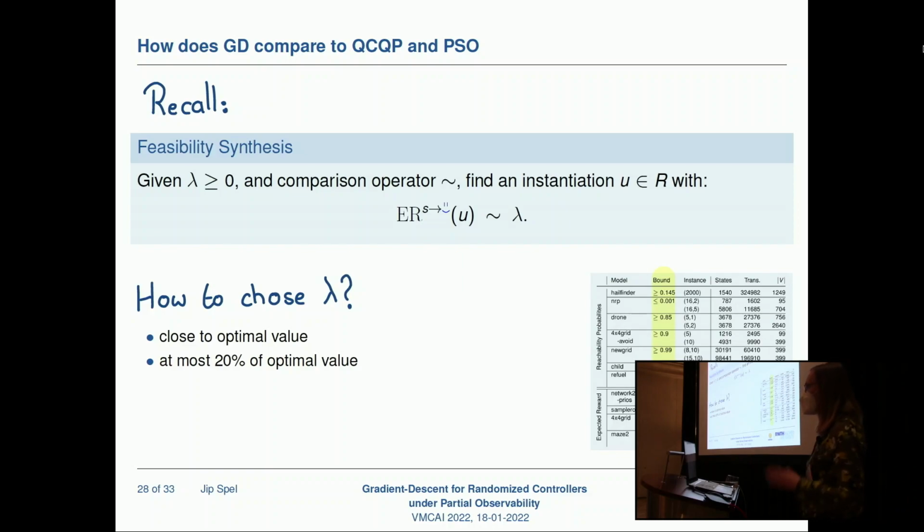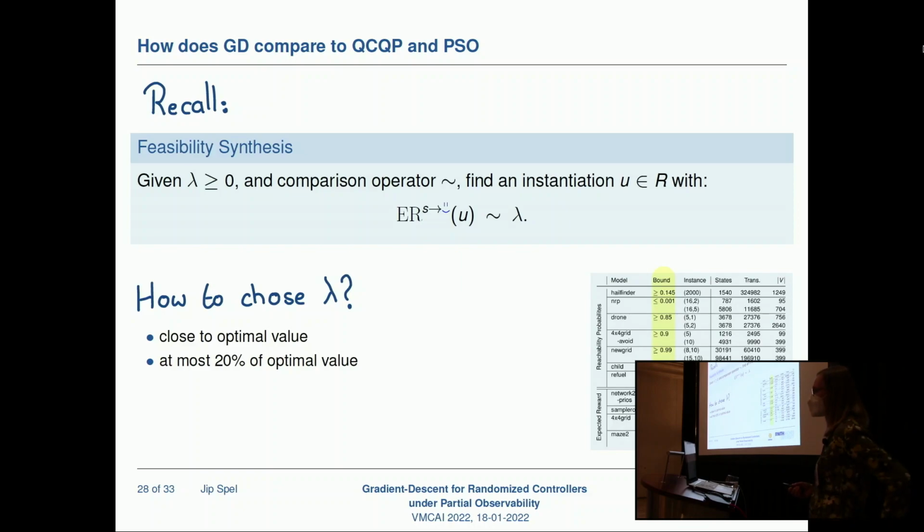So I'm not into syntax-guided techniques, but what we're currently looking at is monotonicity, because in many models there occurs some natural monotonicity. For instance, if you have a model of some protocol and you have a channel over which you send a message, then it's clear that when you improve the channel, the probability of this message getting received also increases. And we're currently looking at how we can incorporate this into our approach. So for instance, do some monotonicity checking before you apply gradient descent.